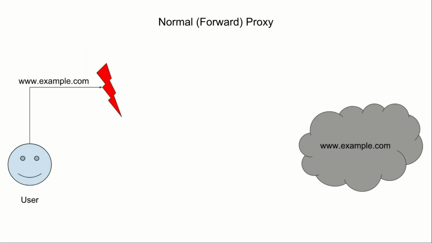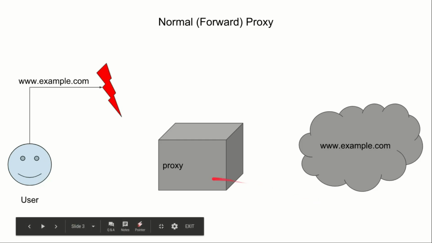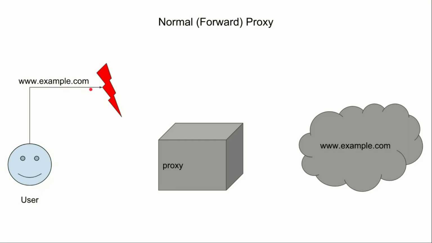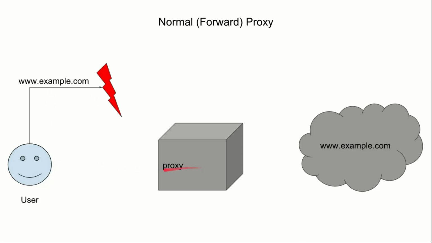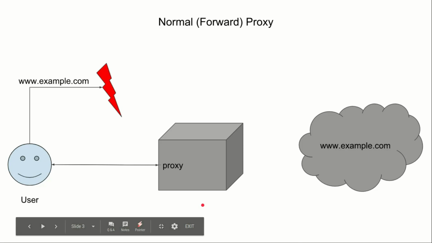So most of you must be aware of proxy servers that we get to see in our computer science labs and all. You know that access to certain sites is restricted on our premises, like school premises or office premises, right? But you can use these proxy servers to connect to the restricted website, right? So let's suppose you want to access the example.com website, but that website is being blocked by your firewall. In that particular case, you can forward your request to access example.com to this particular proxy server, and this proxy